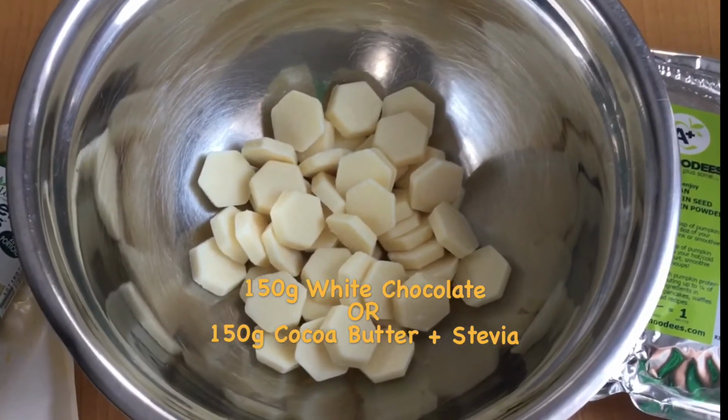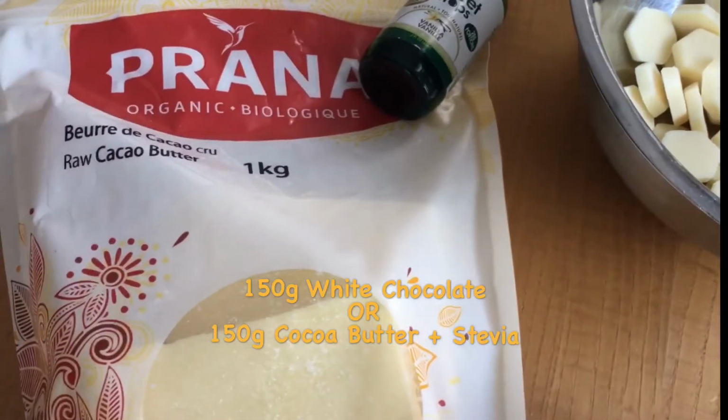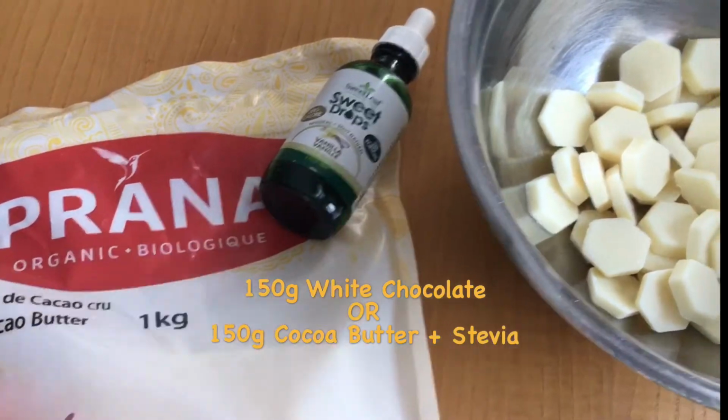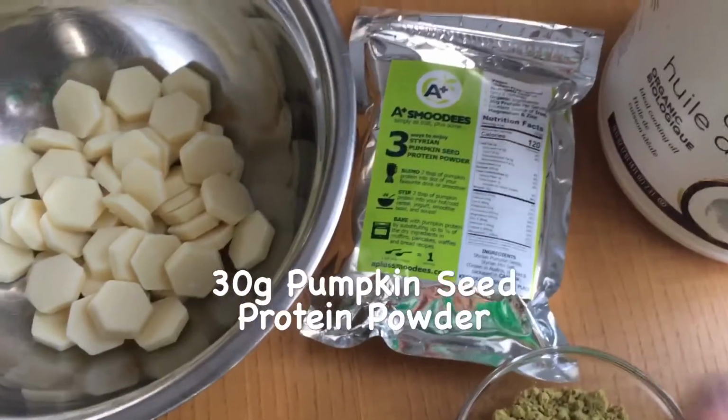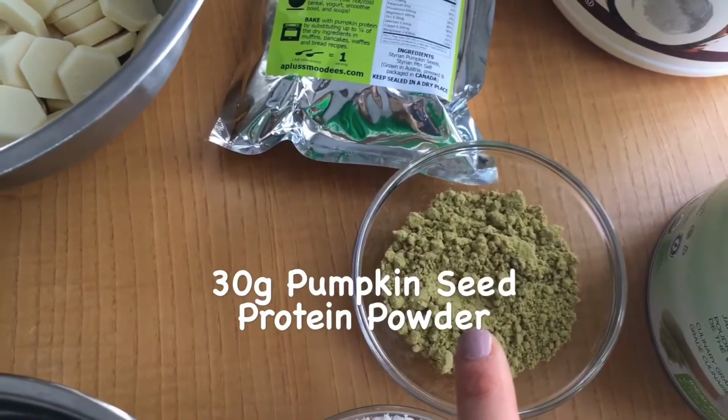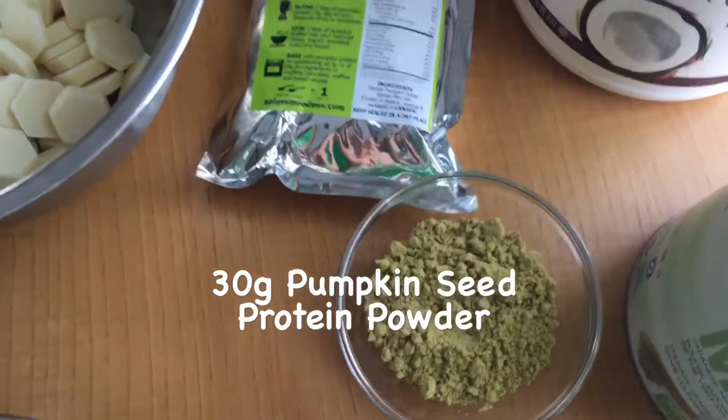If you're gonna make it keto friendly, then you'll be using 150 grams of the raw cocoa butter and adding a few drops of the stevia for the sweetness. The next key ingredient is the pumpkin seed protein. We'll be using 30 grams of that, equaling a total of 20 grams of protein for the entire batch,